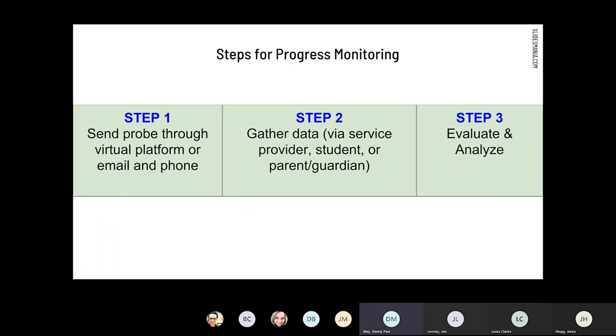For each method of measurement, we have broken the process for collecting progress monitoring virtually into 3 steps. Step 1 is to equip the student with the necessary materials and explicit directions in order to collect the progress monitoring data that is desired. Step 2 is to gather the data. Step 3 is to evaluate and analyze the student work product using the specific method of measurement found within the